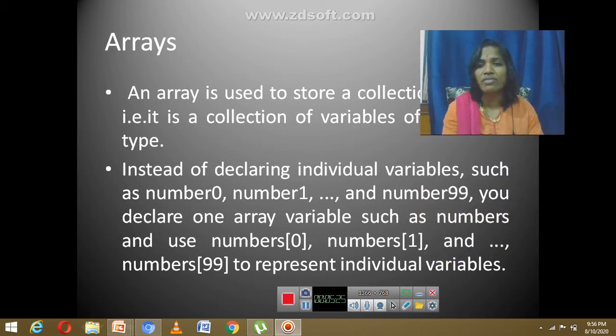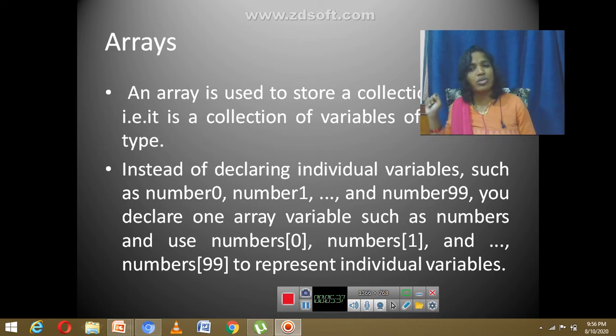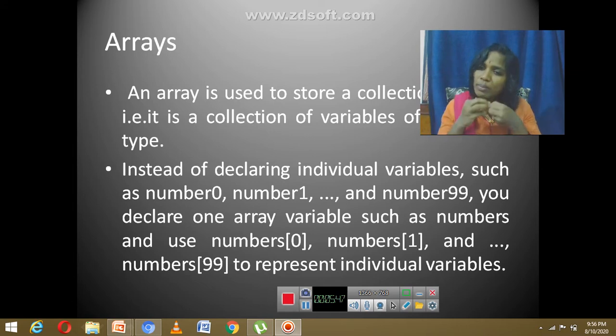So I have taken an example. Suppose we have numbers from 1 to 100. So what do we write? We have to write integer number 1, integer number 2, integer number 3, 4, 5, 6, and so on up to 100. So instead of that, I have a concept called an array where all the 100 numbers can be grouped at one place, and I can give it a name as an array of numbers.